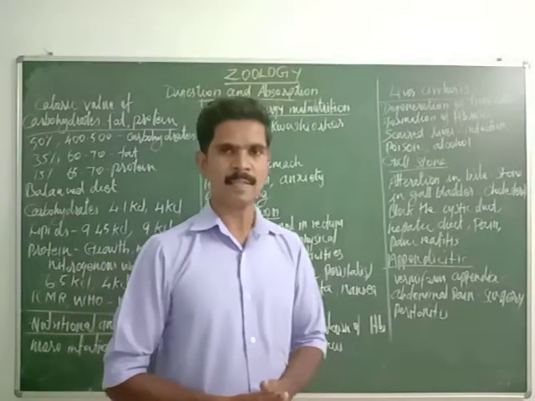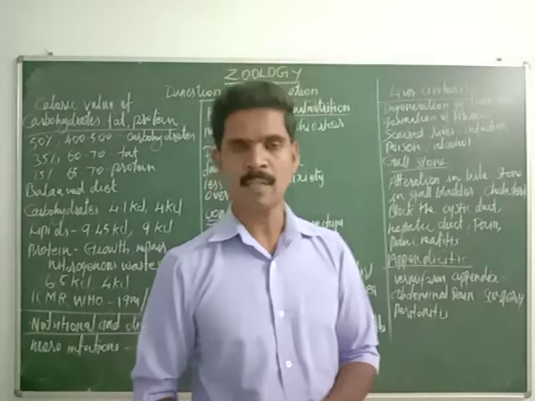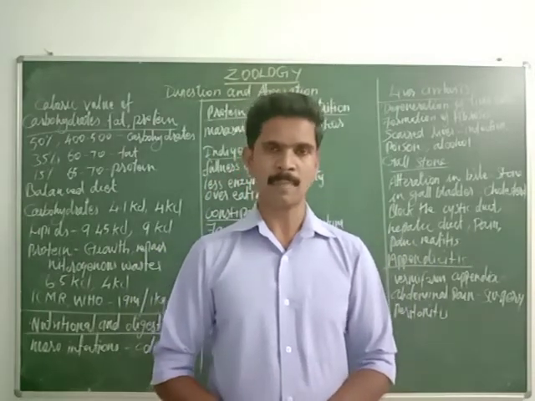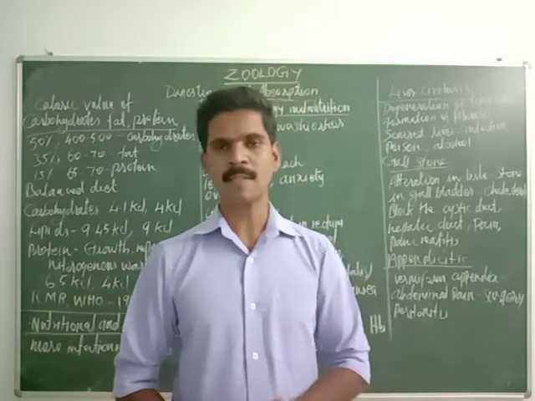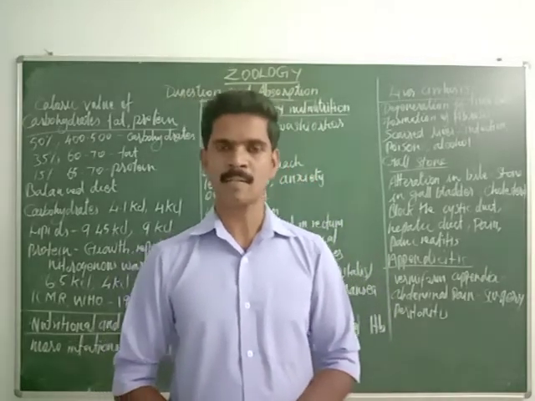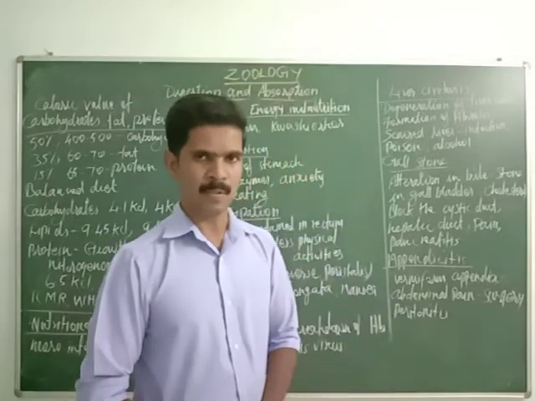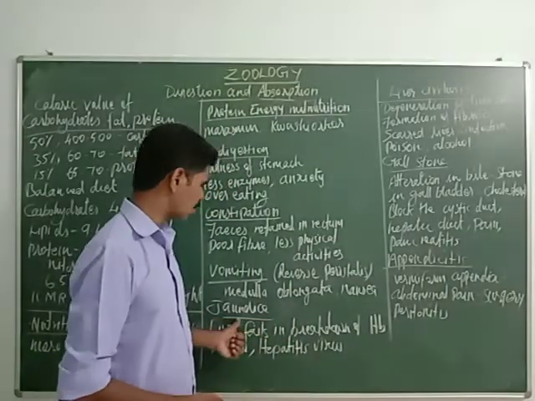So the affected person, since from the stomach the food materials, contaminated food substances, everything are coming back through the mouth. And this vomiting is controlled by one center present in the medulla oblongata. Name of the center is called vomit center. Understand? And it also leads to nausea. Nausea meaning vomiting sensations.